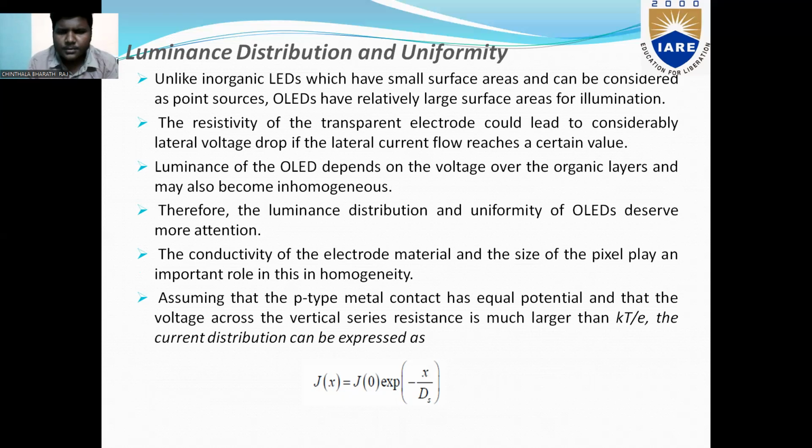Therefore, the luminance distribution and uniformity of LEDs deserve more attention. The conductivity of the electrode material and the size of the pixel play an important role in the homogeneity. Assuming that the p-type metal contact has equal potential and that the voltage across the vertical series resistance is much larger than kT by e, the current distribution can be expressed as J(x) equals J(0) exp(minus x by Ds),